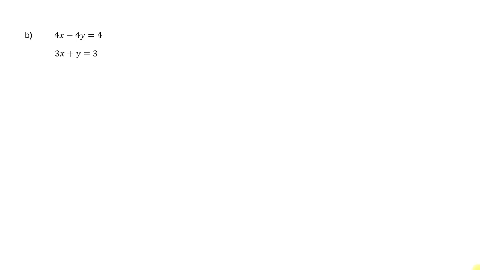Here we have another two equations. 4x minus 4y equals 4. 3x plus y equals 3. So let's try this one using substitution. Before we can use substitution, though, we have to express both the equations in y equals mx plus b form. So taking that first equation, 4x minus 4y equals 4,